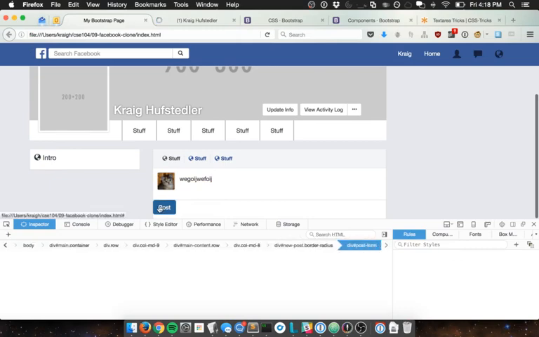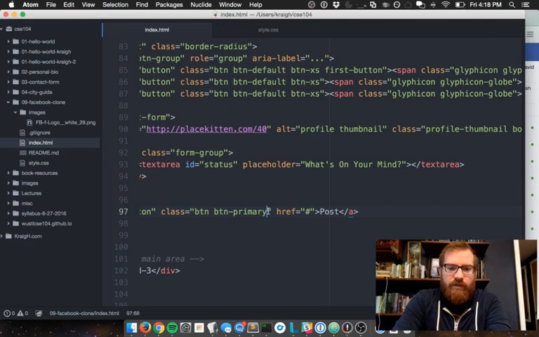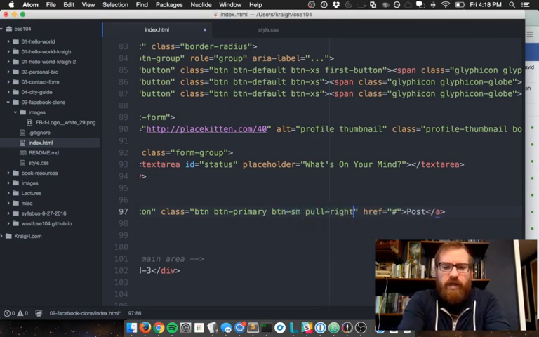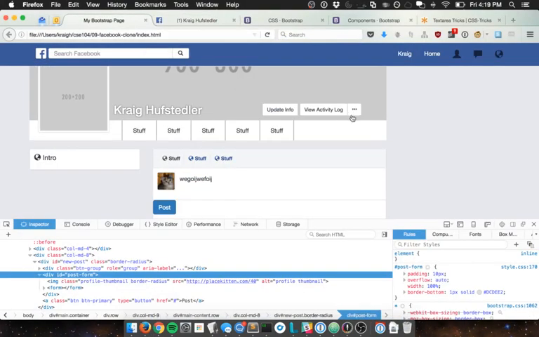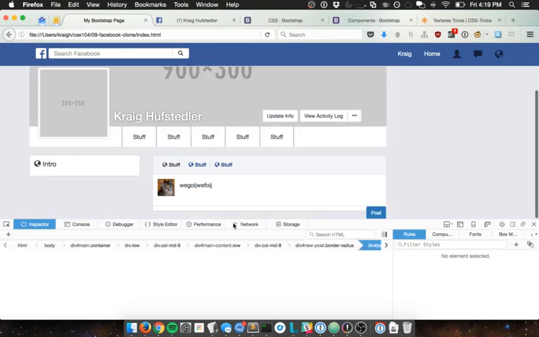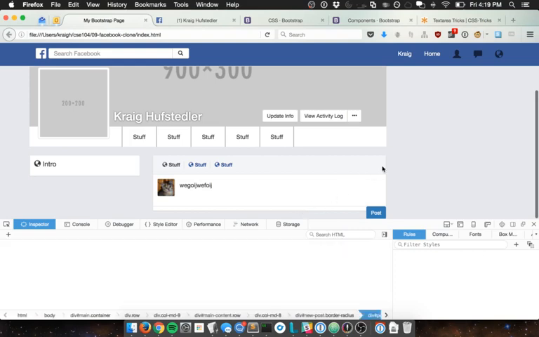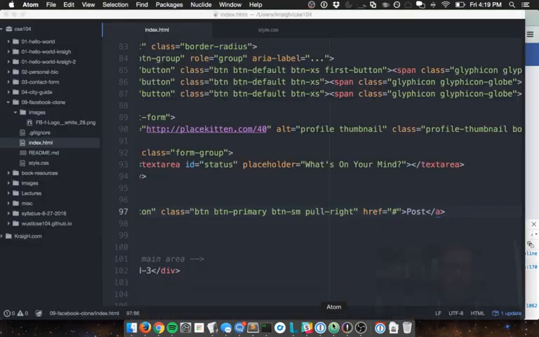Okay, now all we really need to do is pull this over to the right and style it to look like this, and probably make it small. So I think we can do button small. I think there's a pull right class in Bootstrap that will automatically do the float for you. Okay, yeah, that's good. Again, we've run into the floating and overflow issue now